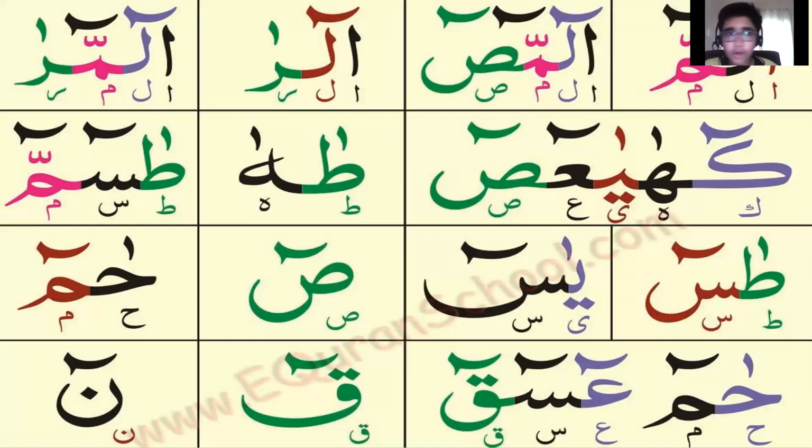So now let's move on to the next one. This is a combination of the letters alif, lam, mim, ra. Okay, alif, lam, mim, ra. So here I read alif by raising and relaxing two fingers, lam